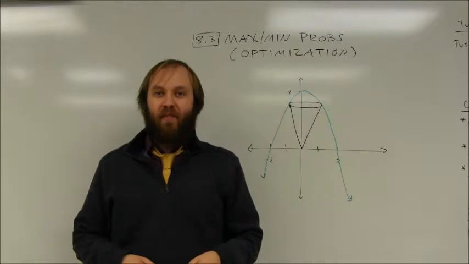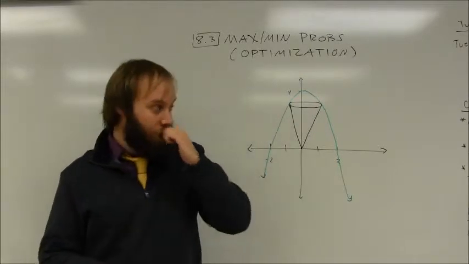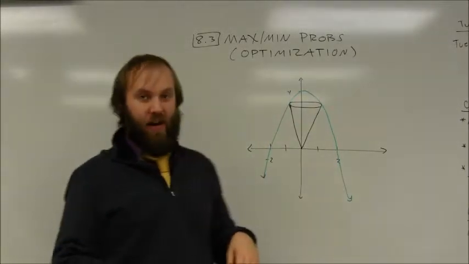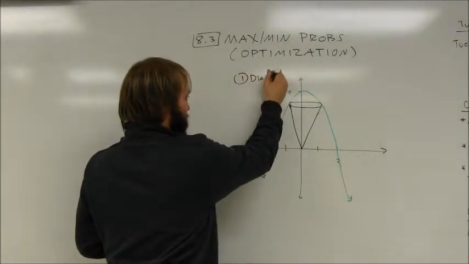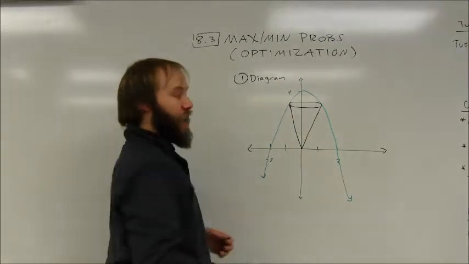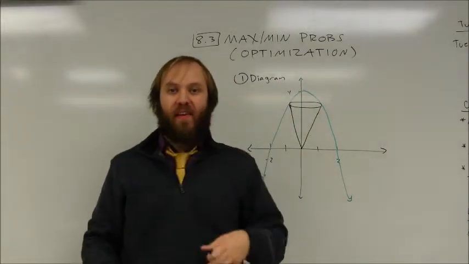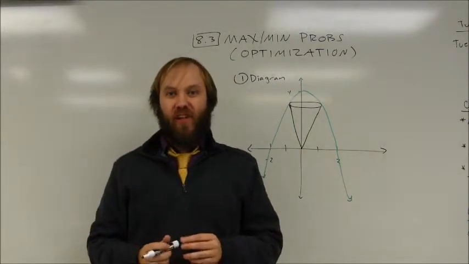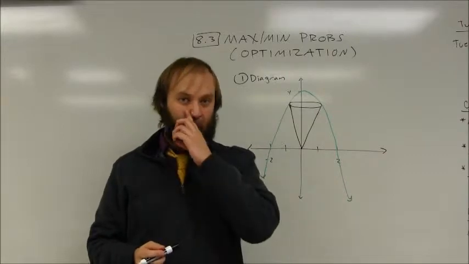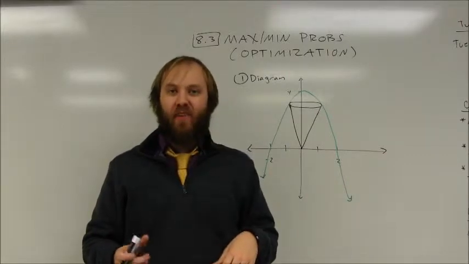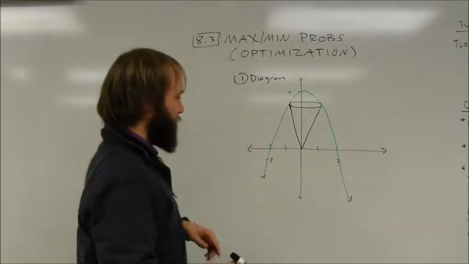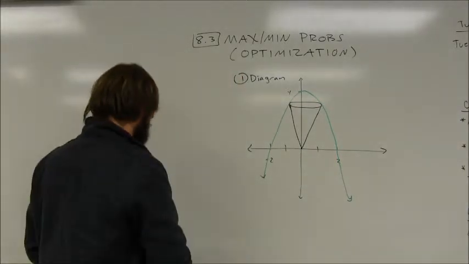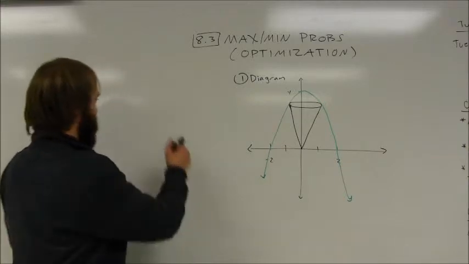So, to try to figure out what we're doing with this cone problem, I've started out by drawing a diagram. As always, you always want to make sure you have a really good, well-labeled diagram. Number two, you want to come up with some kind of equation that you're going to maximize or minimize. And you also want to do something having to do with the constraints. I'm actually going to wait a little bit on the constraints. We want to maximize